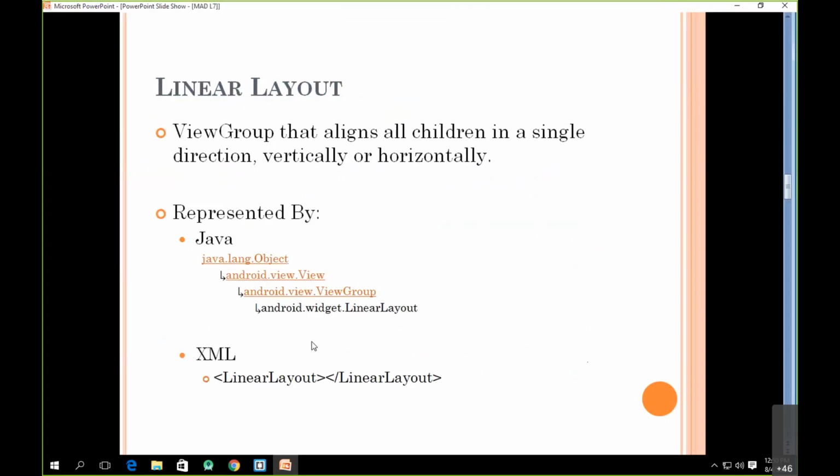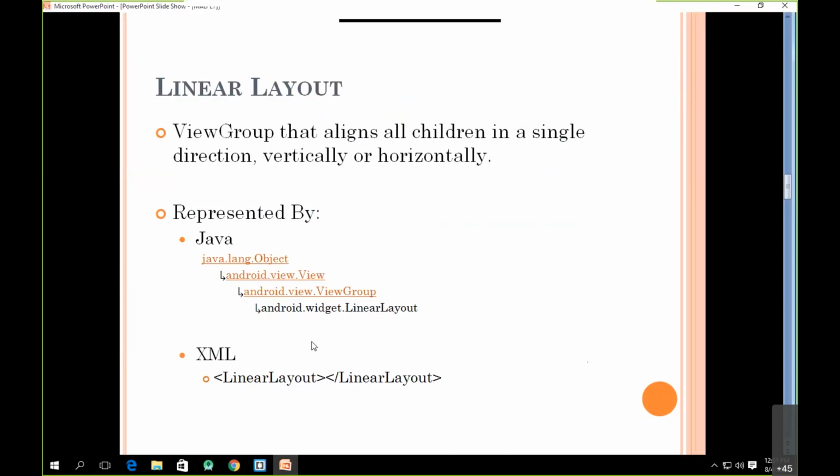Now, as you can see here, the linear layout is basically a view group that will align the children in a single direction. So whatever input controls are present in a linear layout will be aligned either in a vertical direction or in the horizontal direction. That is, either they will be one below another or one after another.